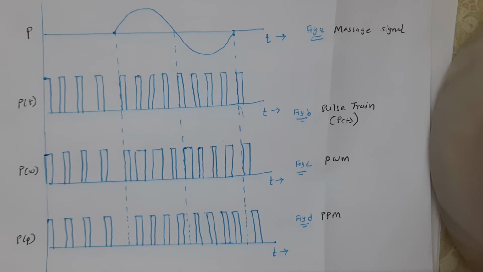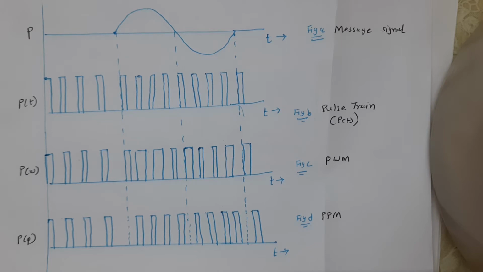The amplitude and width of the pulse remain constant as in the original pulse train. I repeat, the amplitude and width of the pulse remain constant as in the original pulse train. Hence, PPM is equally robust to noise like PWM. The mathematical treatment of the frequency domain aspect of PWM is an involved process. However, the resulting PPM will also have the spectrum in the baseband region itself.